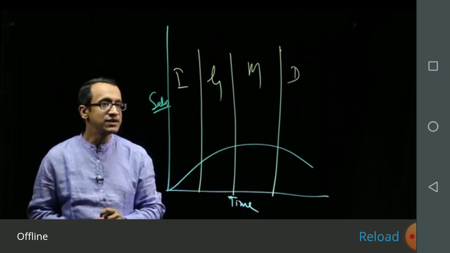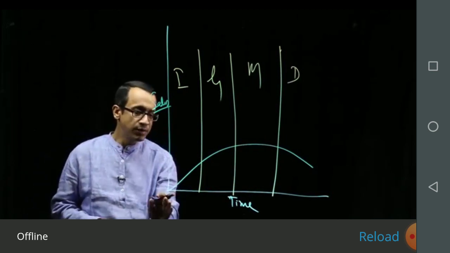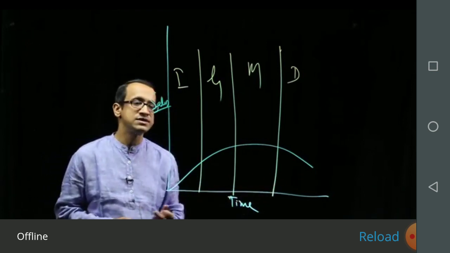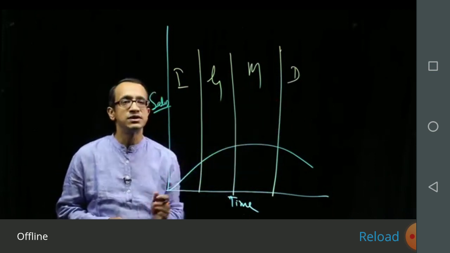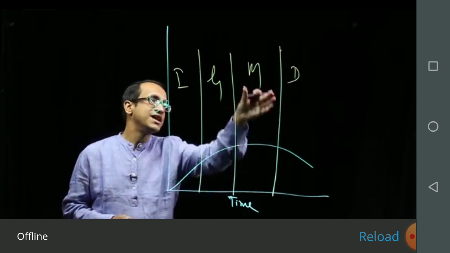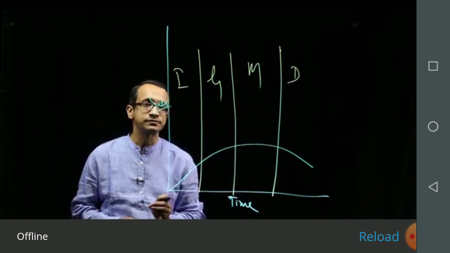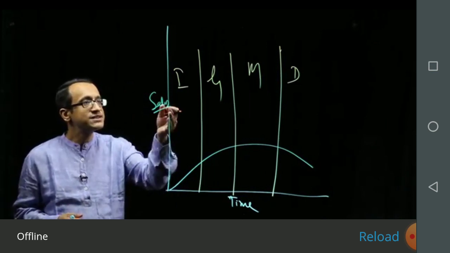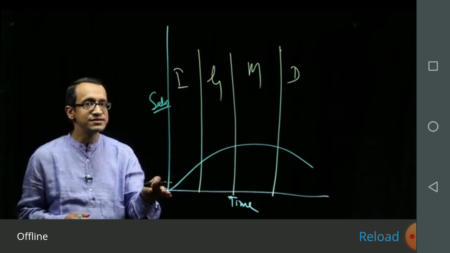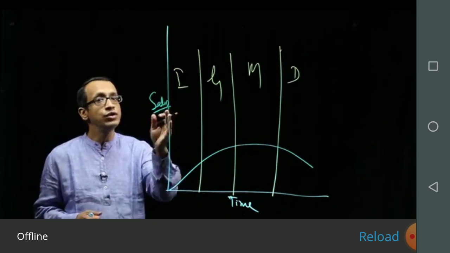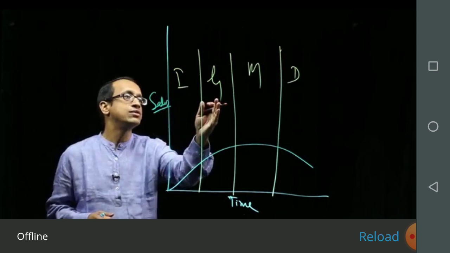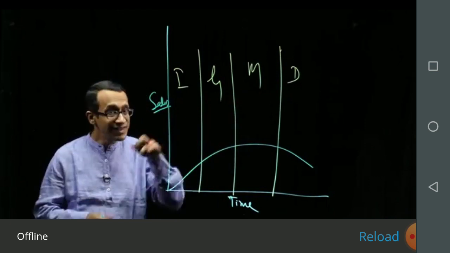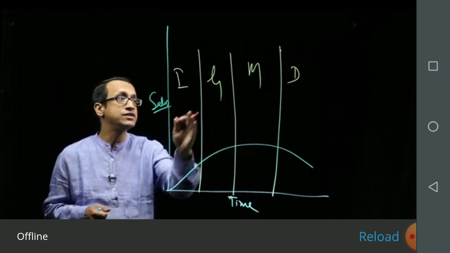What is the significance of this? So when you start putting plots, sales against time, and let's say you are there for 5 years, for 10 years, for 15 years in the market, you can see the different shapes of the curves. And then you know which stage of the life cycle you are in. Then subsequently, each of these stages have got their characteristics and the strategies. That is, how do you know it is in introduction phase? How do you know it is in growth phase? How do you know it is in maturity phase? How do you know in decline phase? And then in turn, what are the strategies for introduction, growth and maturity, decline?